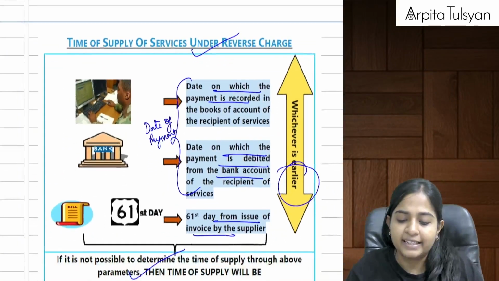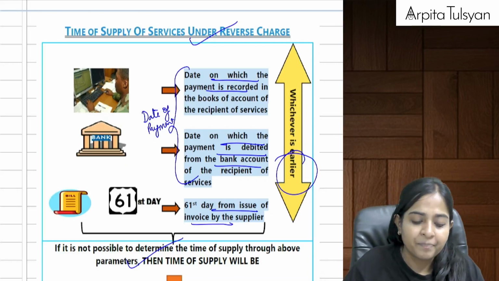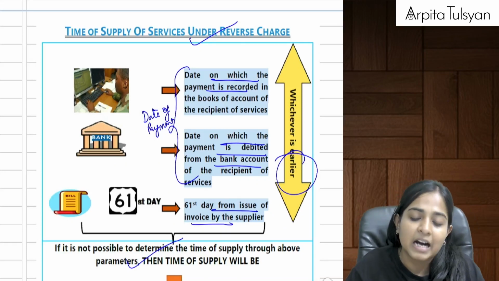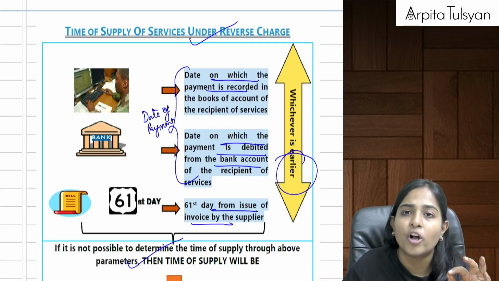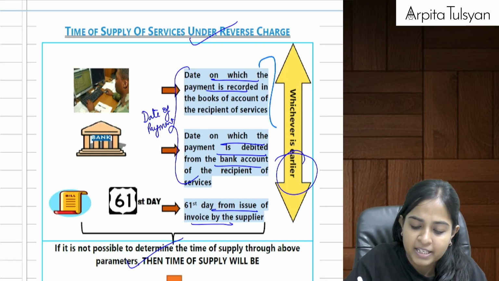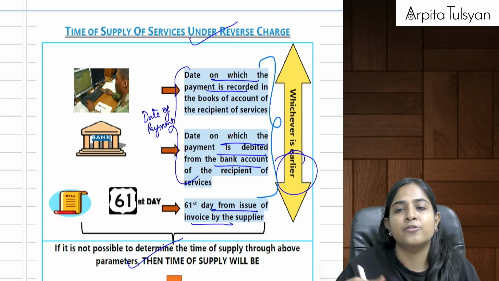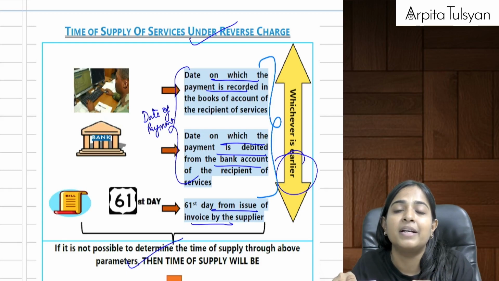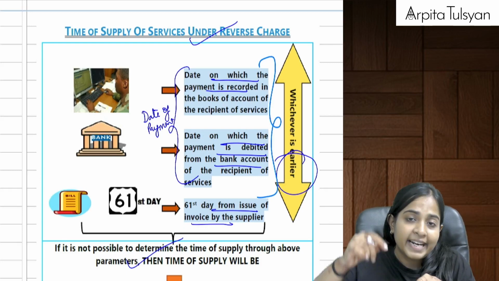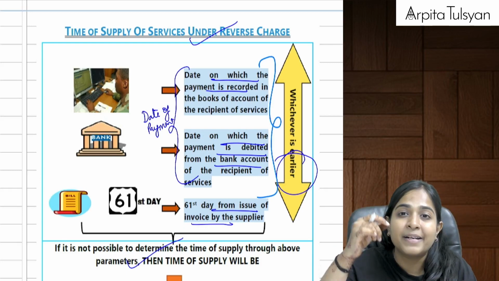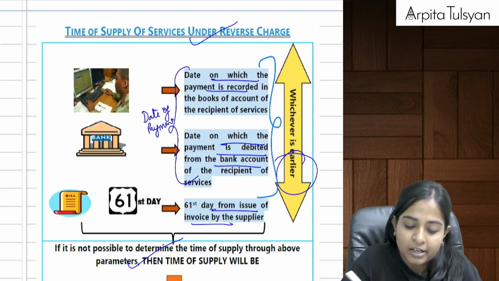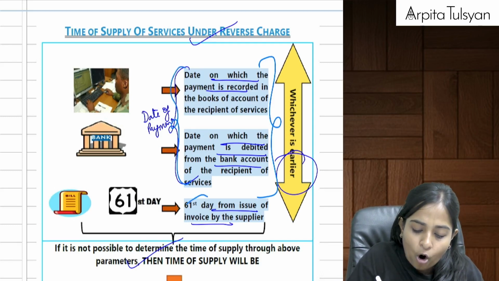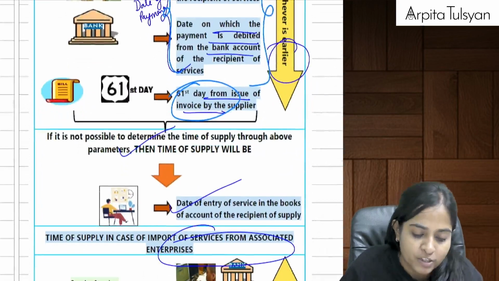Can we try this from the chart? Time of supply of services under reverse charge mechanism. Normal reverse charge: the date of payment. This is from the point of view of the recipient. So, the date when the recipient has recorded the payment in his books of accounts, or the date when the amount has been debited from his bank account, whichever is earlier, becomes your date of payment, or the 61st day from the date of issue of invoice by the supplier,